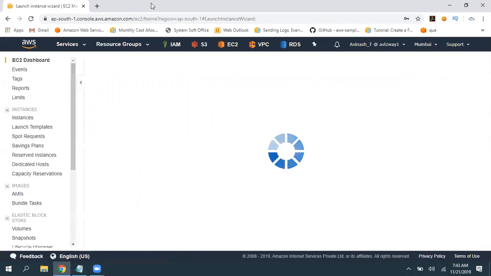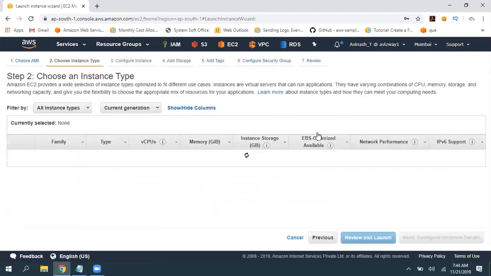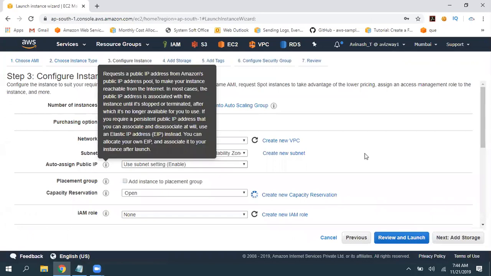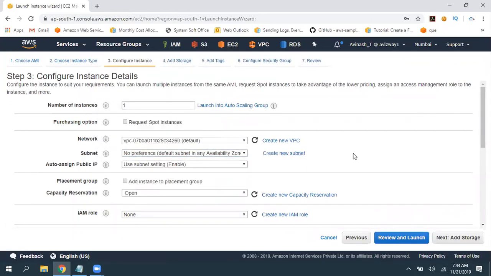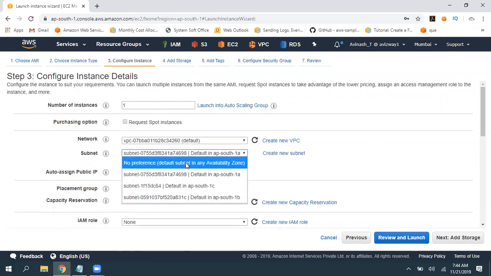So ap-south-1c is a recent one. Amazon introduced that recently, so that will not support t2.micro. It supports only some instance types. So if you are getting any error, just change that availability zone. By default, if you go with no preference, Amazon may launch it under ap-south-1c. So select ap-south-1a. Otherwise, go with no preference.